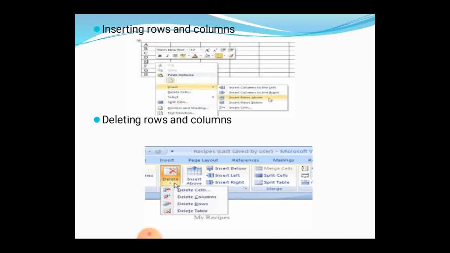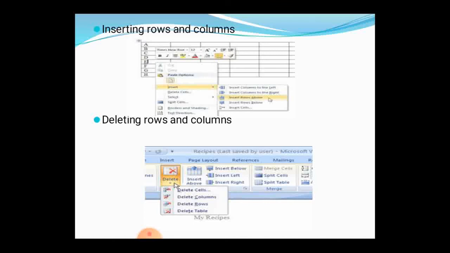When you select Insert, you will see insert column to the left, column to the right, row above or row below. So four options will be offered, and you have to select one. This is the method of inserting.